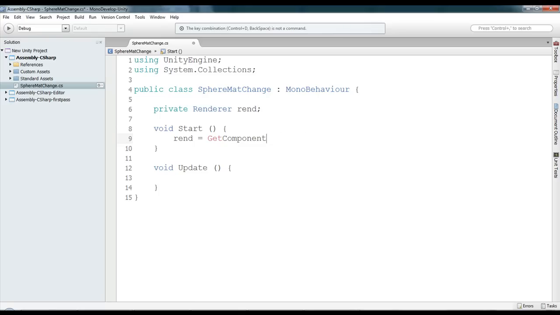I have a new keyboard and I'm not used to it yet, so I apologize for the crappy typing. GetComponent of type Renderer. I always forget I can't do that in Mono. Okay. And then in the Update,